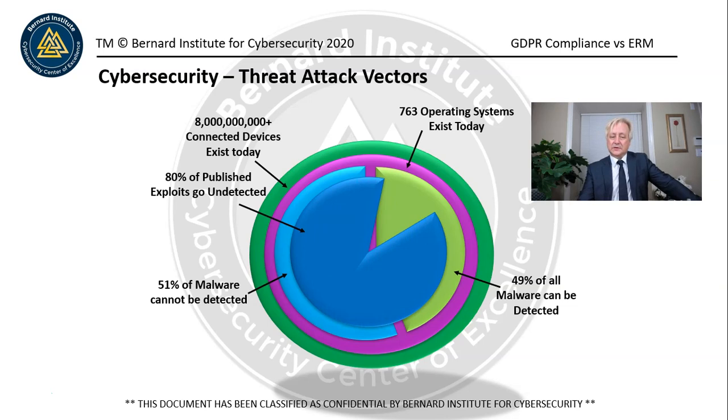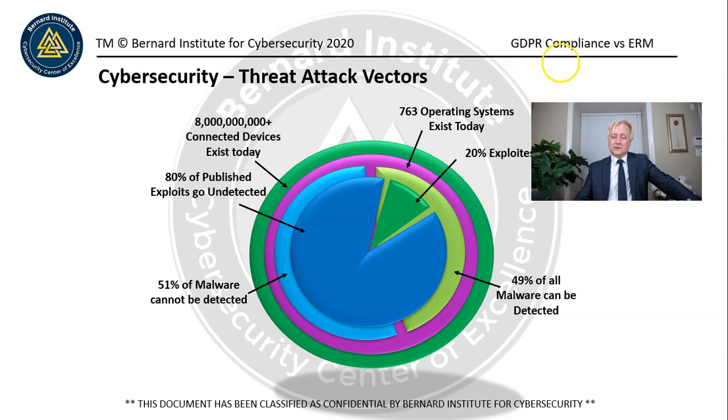80% of exploits that are published go undetected. So exploit code is interesting. There's some popular tools out there to generate exploit code where you can download exploits. But in my day, when I worked on the IBM Red team for 2 years, we used to create our own exploit code. We didn't really pay much attention to the vulnerabilities that were being published or anything. But what we did do is we were experts on different architectures and operating systems, and we knew our way around those systems because if you study them closely enough, you'll find there are many cracks.